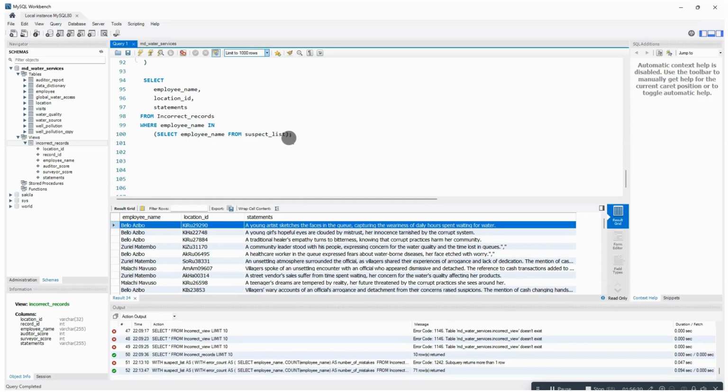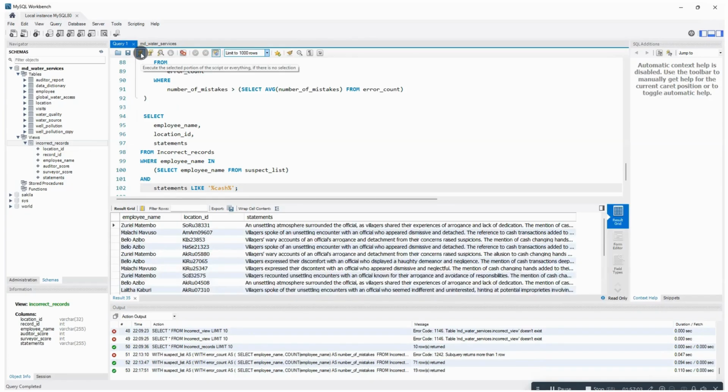So in our where clause here, we're going to just say and statements like, and then we are looking for the word cash. What this is going to do is go through each and every row, and within this particular statement, find the word cash either on the left or on the right, right? So if we run this,